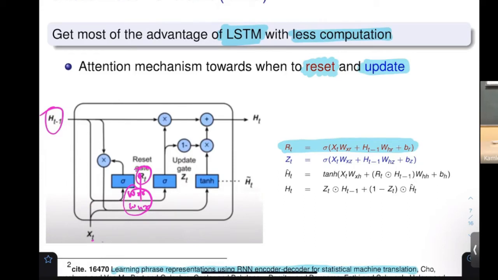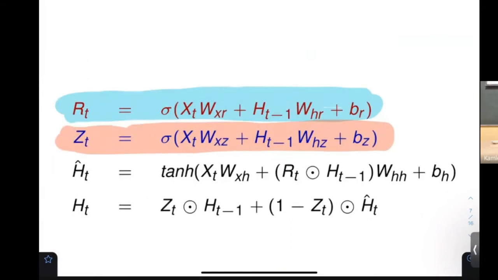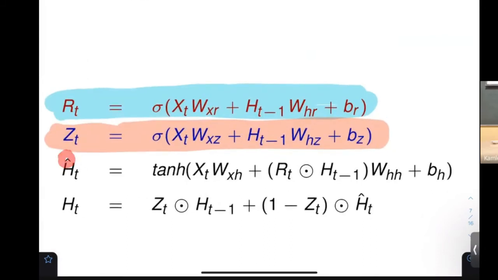Then how much I have to update, with the same formula. The same formula I'm going to utilize, once again, for how much I have to update, but it is a different neural network circuit that I've learned for how to update, and it tells you how to update. Using these two things, this particular GRU says that I'm going to find out a hidden state. Okay. It is an estimation of the hidden state. That's why there is a hat over here. Estimation of the hidden state.